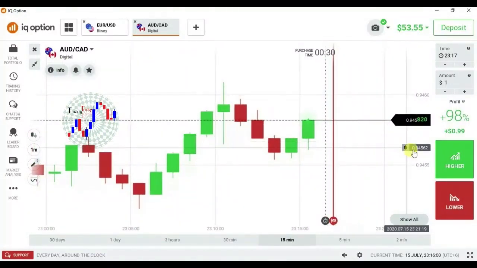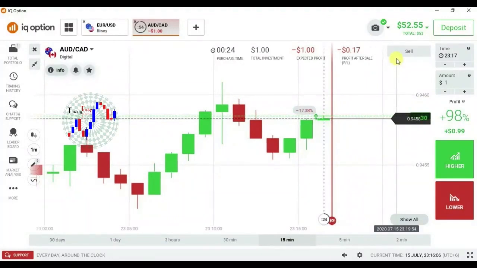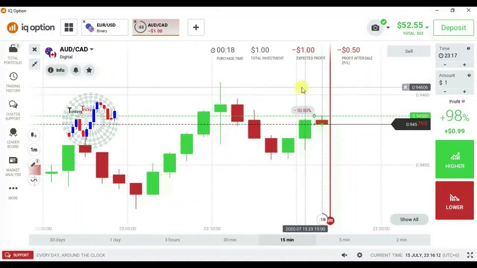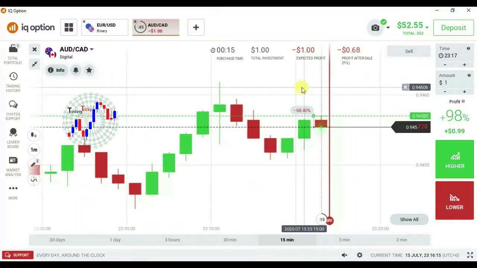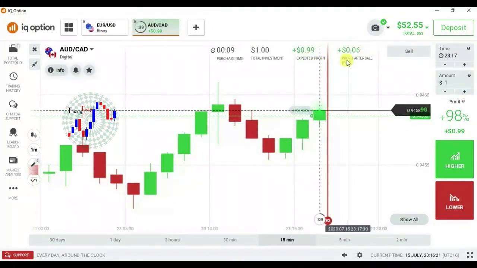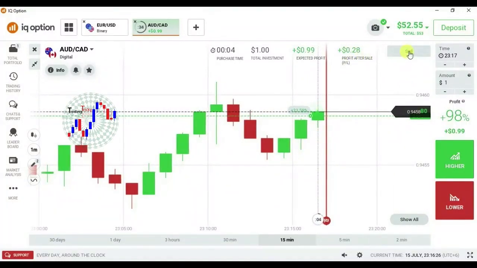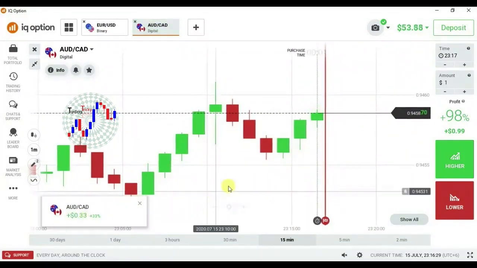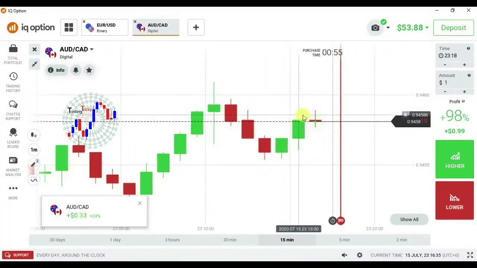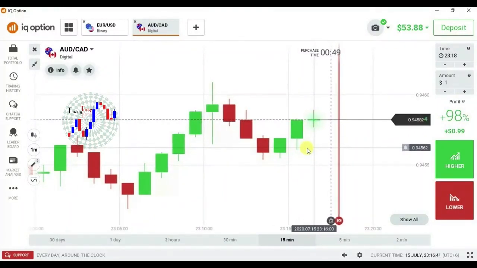Okay, let's see my analysis, it will go up for example, and I have placed the trade. Now see, I can close this trade until 59 seconds. It means till the last second also I can close this trade with this much losses. If I close now, I will be in 29 cents profit, 30, 28, so 24. Okay, now see, that trade closed with 33 cents. So after you place your trade, immediately you can close when you have profit